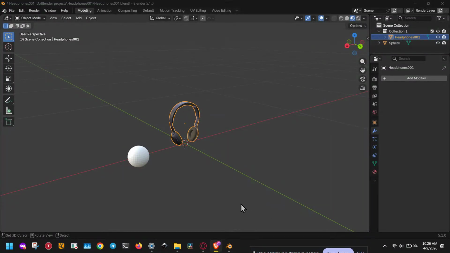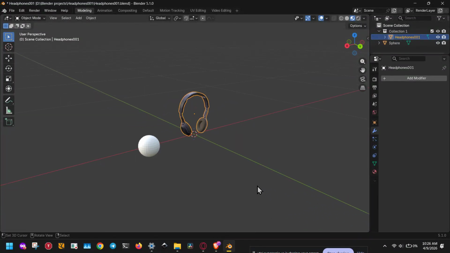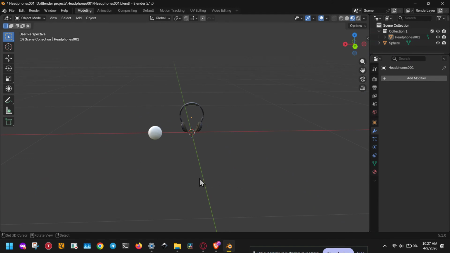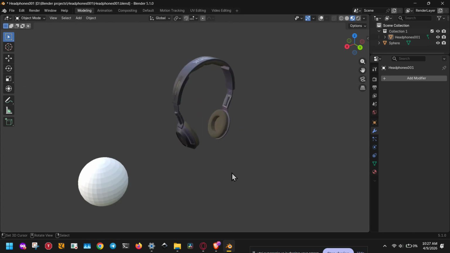If you want to bend an object in Blender, there are two super useful methods you should know: the Simple Deform modifier for fast, clean bends, and the Lattice modifier for more complex shapes. In this tutorial, I'll show you both methods step by step, so you can choose the one that fits your